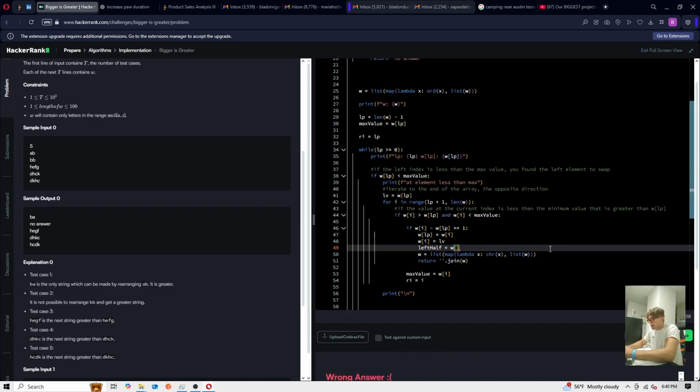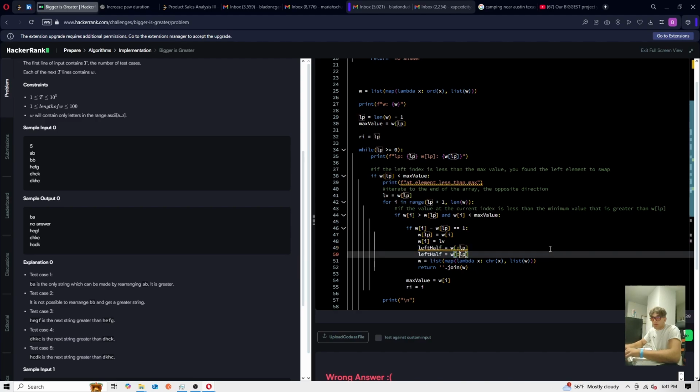The left half is equal to up until the left pointer, and the right half is equal to the left pointer until the end. So that should be fine. And then we're going to dot sort. Okay, but that's asking about a key. I did not pass anything. Maybe I could just say sorted, and the list of